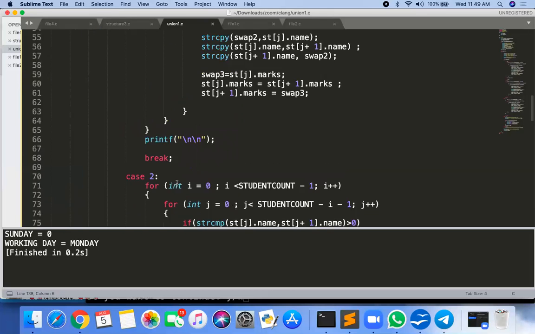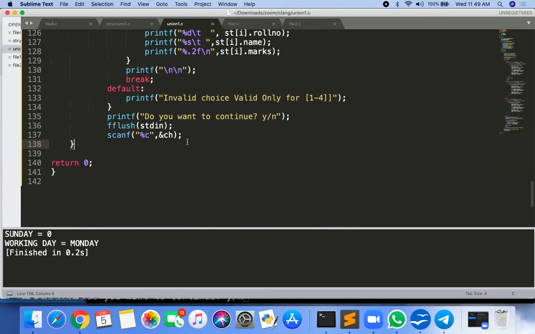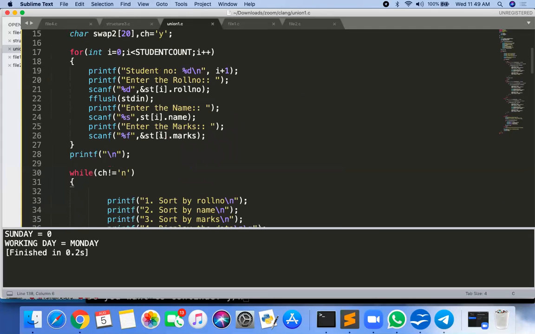It will perform the first time, and then you are again asking for the ch: do you want to continue, y or n? If the user has entered n, then the loop breaks. No, n is not equal to n, the condition is false, you will go outside. Okay.